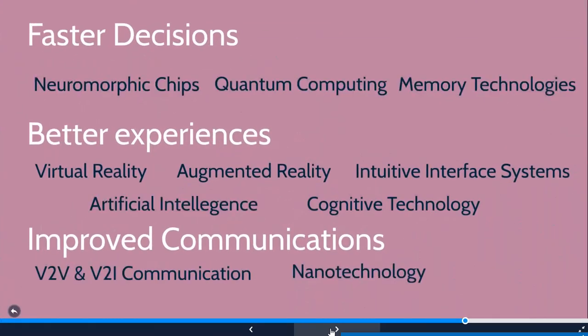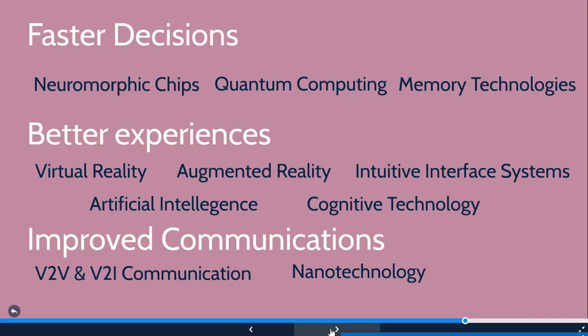And these are the general properties of semiconductors. And the future, what is the future? These semiconductors will be used in neuromorphic chips, quantum computing, and memory technology. I think we had a quantum computer last year; it made the news. Google has said that they have produced the fastest supercomputer.